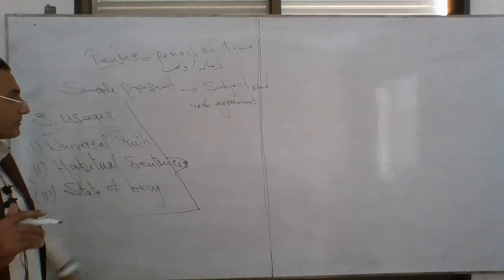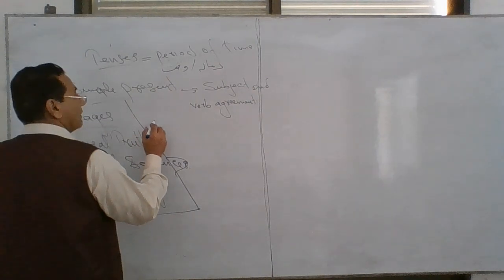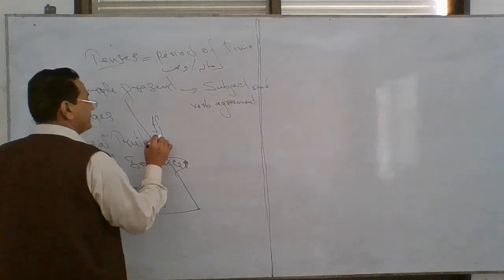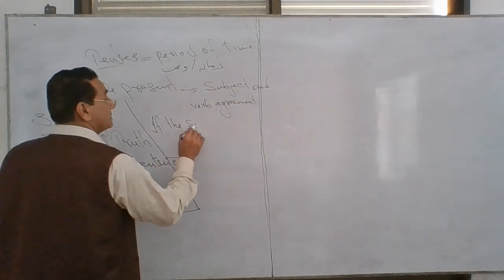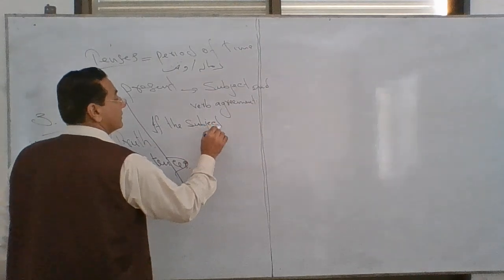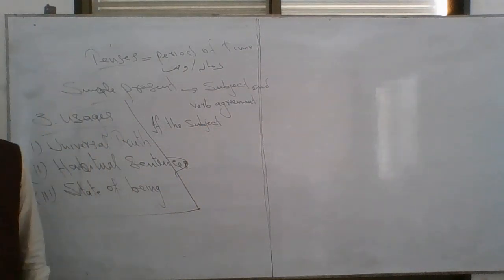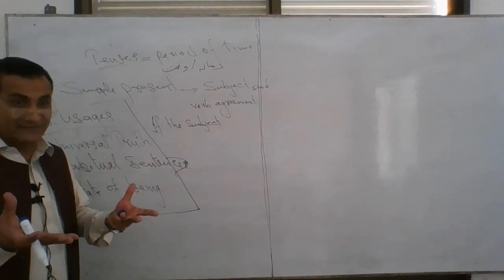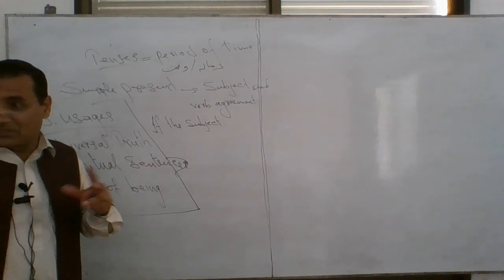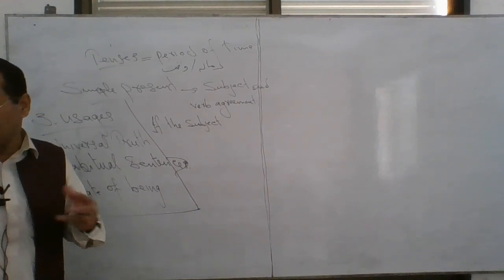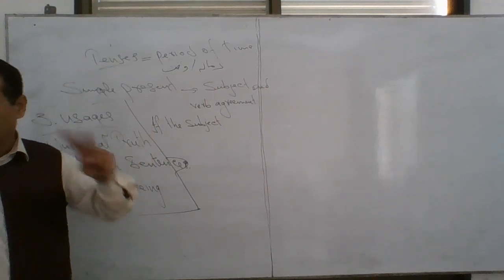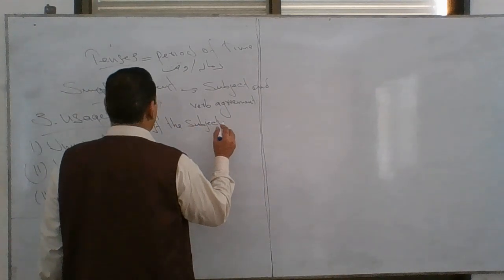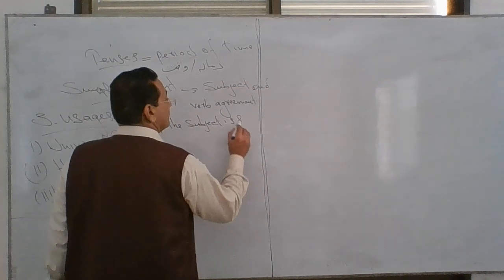In subject-verb agreement, the point is that if the subject is singular, as I told you, and the subject is clear to you. What is subject? The doer of an action. Who is doing something? Aslam, Akbar, children, wives, parents, people, he, she, I, you, we, they, all these are subjects. So if the subject is singular,